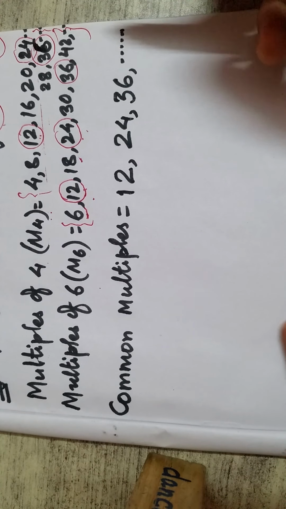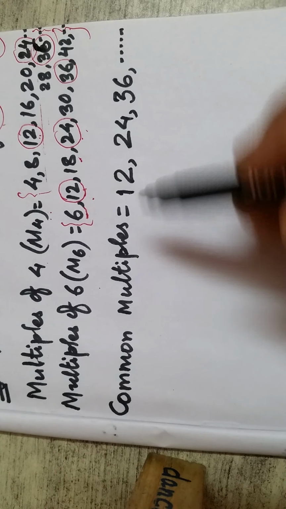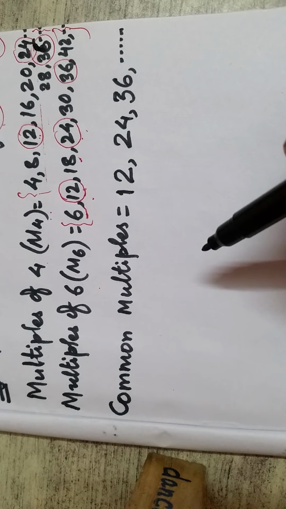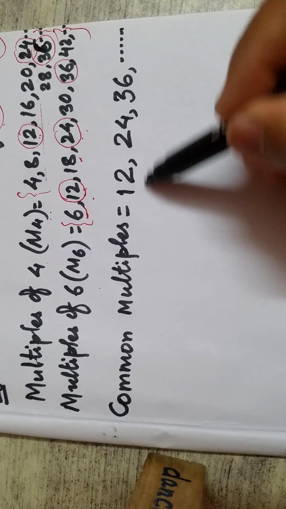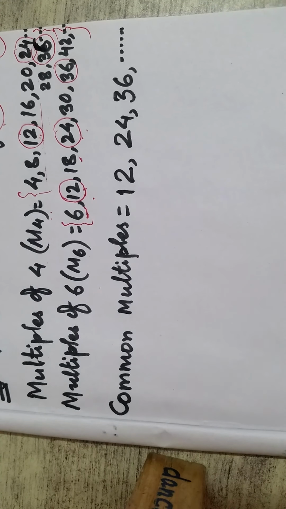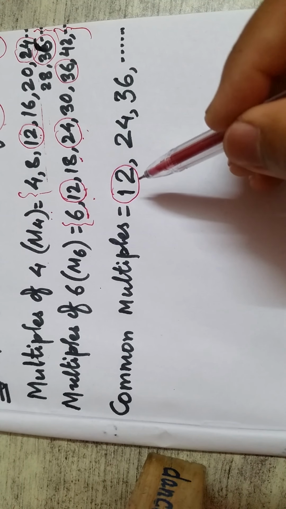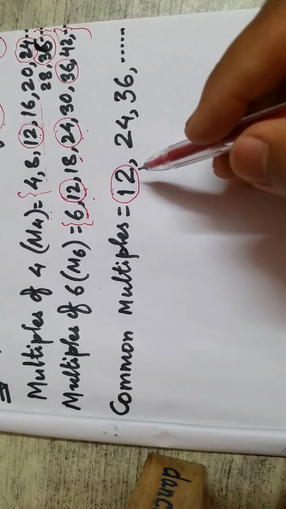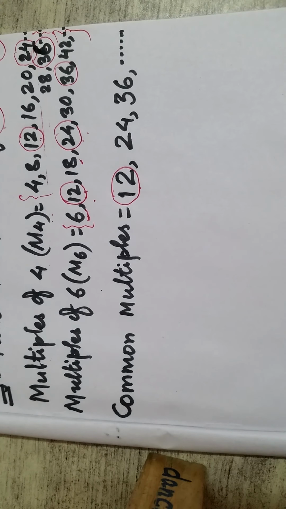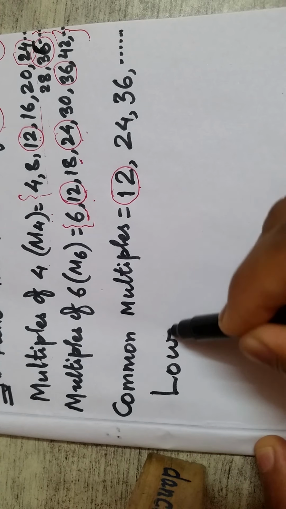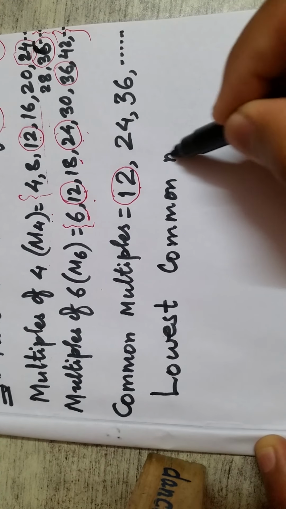We may find uncountable common multiples, but it is enough for us to find the smallest common multiple among them. Among these common multiples, this is the smallest one or lowest one. So this is taken as the lowest common multiple. Lowest common multiple is